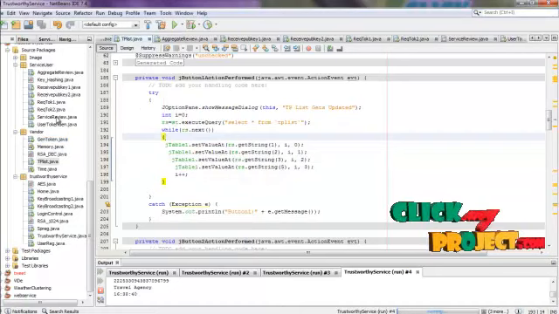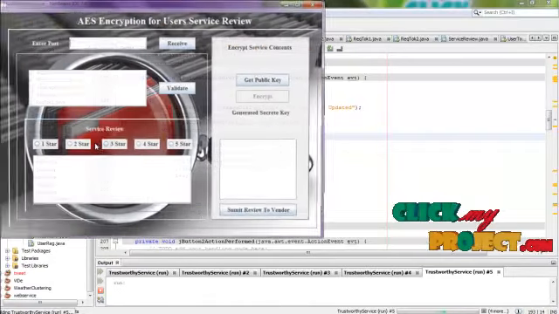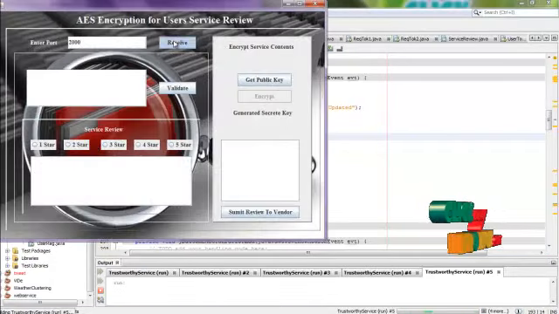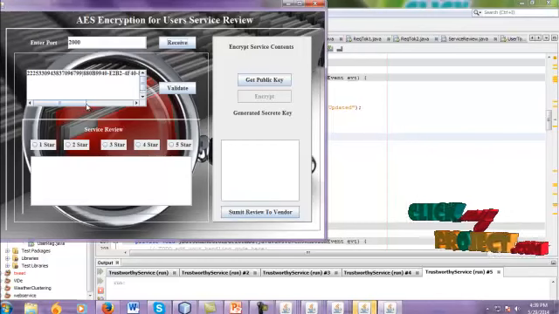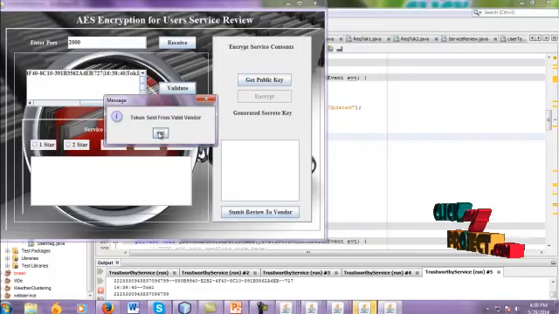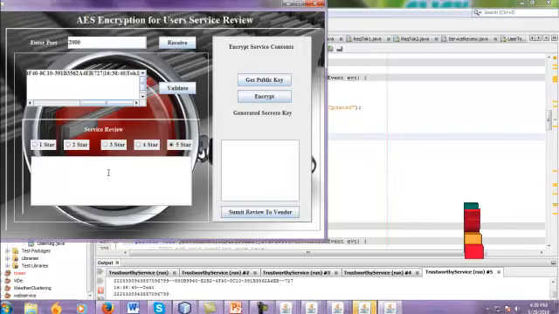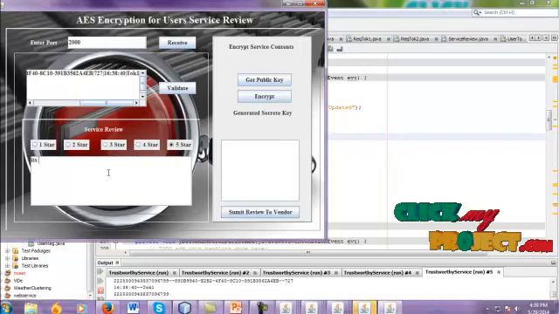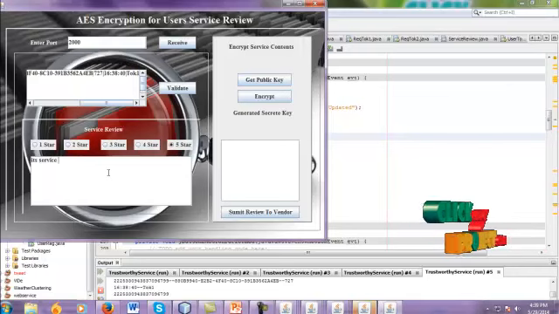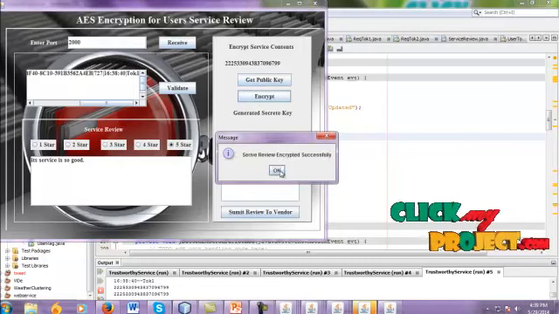So just run this service review from service users package and just enter the same port number to receive the generated token from the vendor. So these tokens should also be validated using the public key. So here now they can select any one of the ratings and can just start typing about the service. And just get the public key and start encryption using the AES encryption methods.